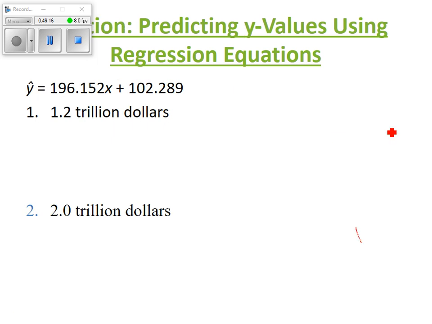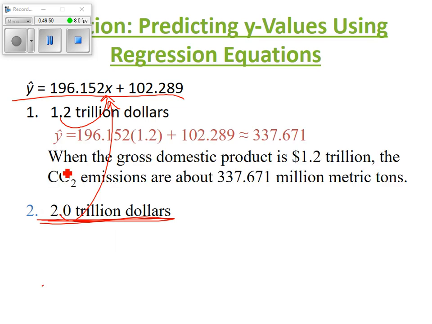So if we're going to make a prediction on this, I had it written down. I didn't need you guys to write it down. All you're going to do with this 1.2 is put it in there for X, and that's going to tell you the CO2 emissions for $1.2 trillion. Same thing for the 2.0, you just stick it in there for X. That tells you the CO2 emissions if your country, Daniel's country, has a GDP of $2.0 trillion. So that one comes out to be 3.37